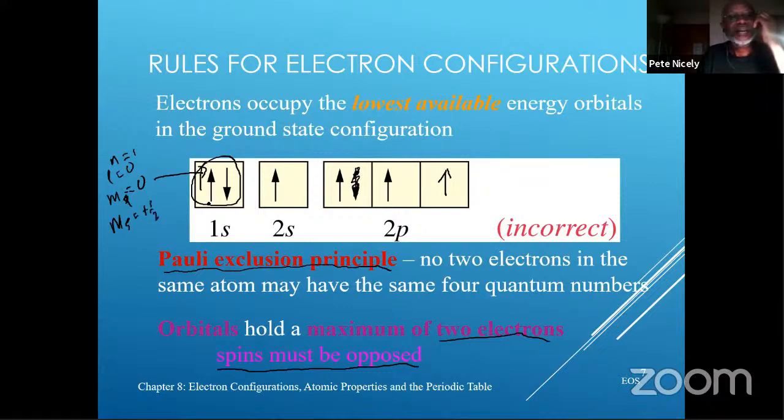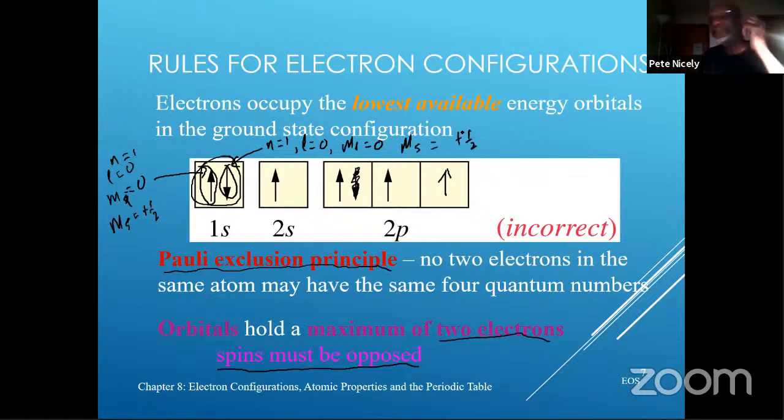So that's for this electron right here. Now for the other electron, the n value would be the same, n is equal to 1. The L value would be the same, L is equal to 0. The ML value would be the same, ML is equal to 0. But because the electron is spinning in the opposite direction, then the MS value would be different,